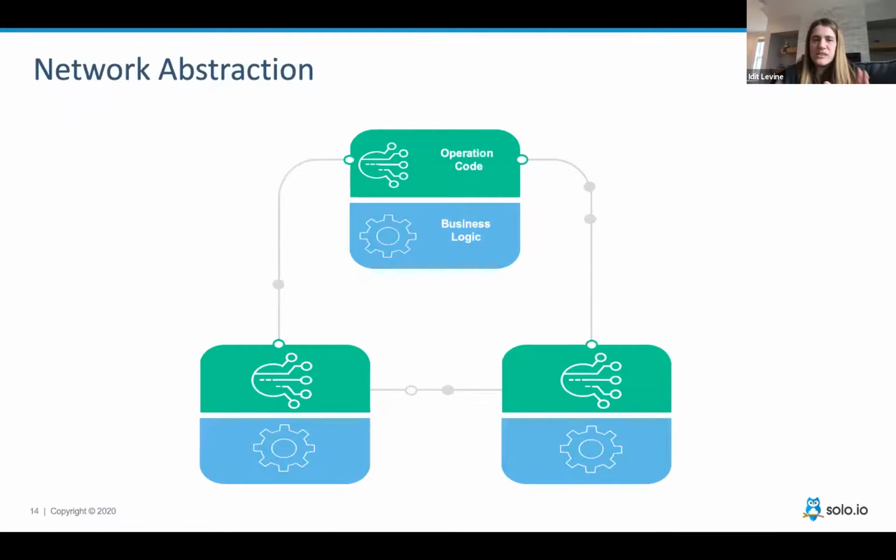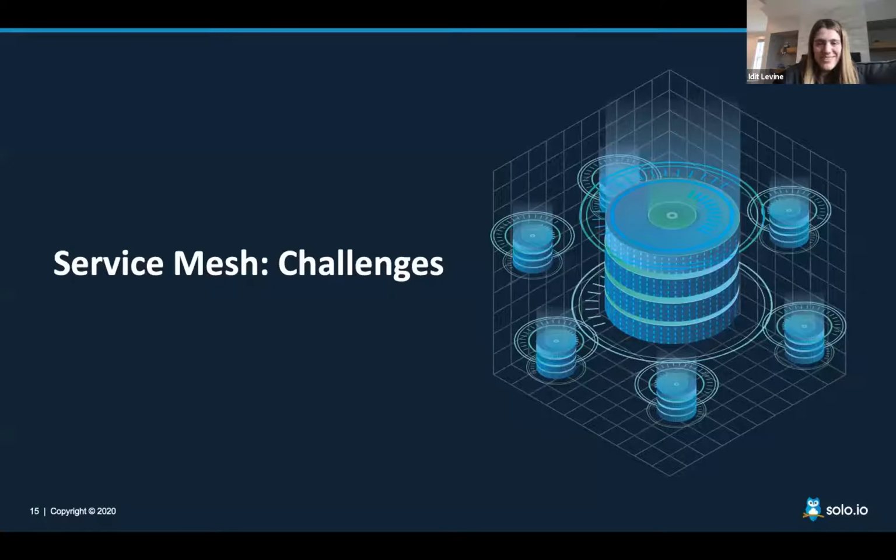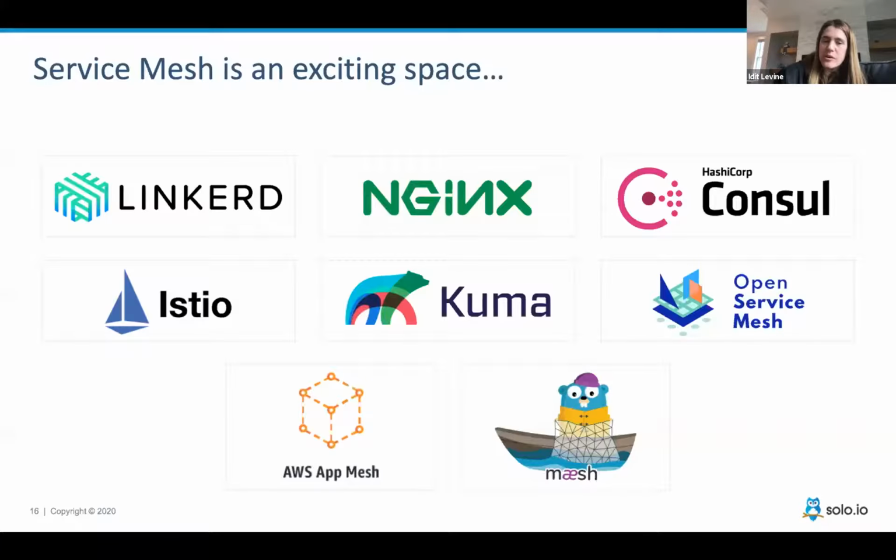Okay, so now this is what we did. We abstracted the network. So that's great. And I think that Lin talked a lot about how to actually operate a mesh, which is great, and that's probably what I would talk about right now because it makes a lot of sense, but we will skip that because that's already done. We will talk instead about the challenges, because we should be true about the challenges. Everything is a trade-off in life. There is a huge advantage, but there are also some drawbacks, and we need to talk about that.